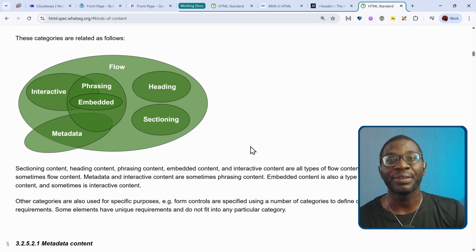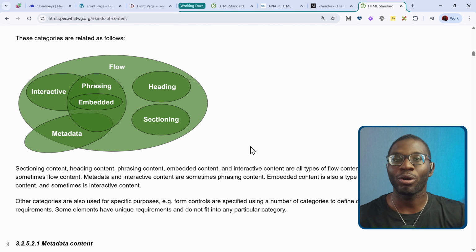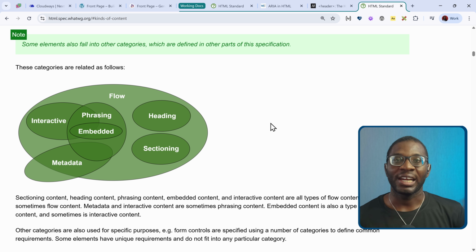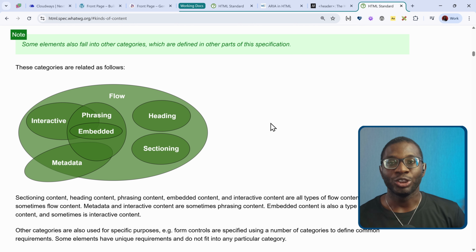Ideally, you shouldn't have a div inside of a span. All of those things are mentioned within these documents, but sometimes they might be hard to find. So I will treat them like a dictionary where you go and consult it when you have a need. Okay, so now let's go back to the builder and see how we can add elements within build areas.